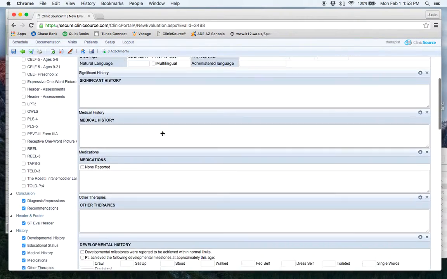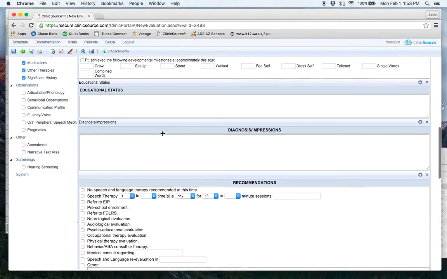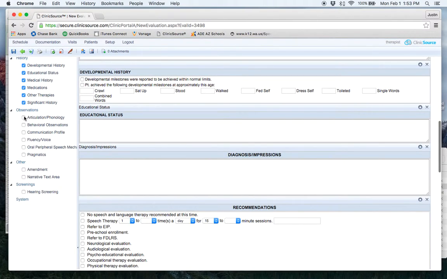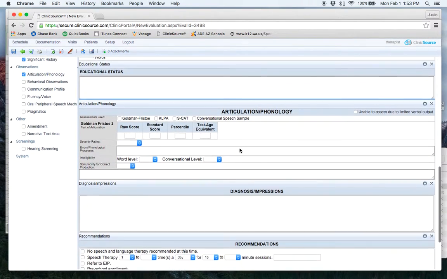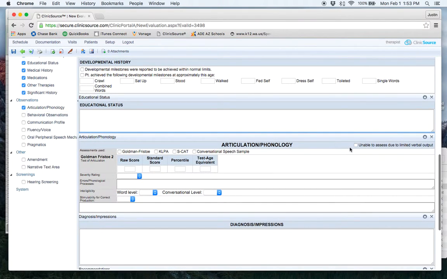There's some fill-in boxes for different items here that you can see as we scroll down. There's also some things that you can add in. Say you want to do some observations on articulation or phonology. I'll just click on that. What's going to happen is when I click on that, it's going to add that box in here, and it's a Goldman-Fristoe 2 test of articulation type thing. I can remove that if I don't want it in there,